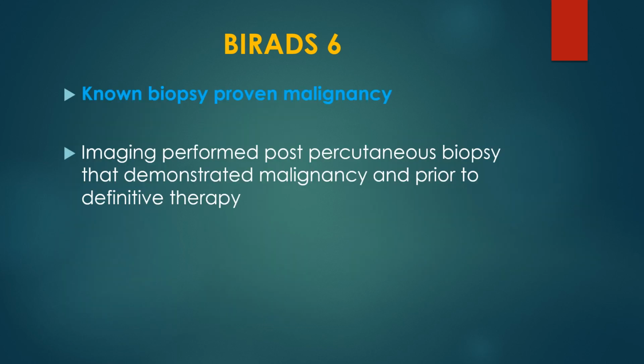Coming to the BI-RADS 6, they basically are the proven malignant cases. So these cases require imaging for further evaluation, like before the surgery or before planning further treatment. What is the extent of a local lesion, and are the lymph nodes involved? So all this requires evaluation. So all BI-RADS 6 lesions might require imaging basically to decide the local extent of the disease. So these cases are actually proven malignancies.